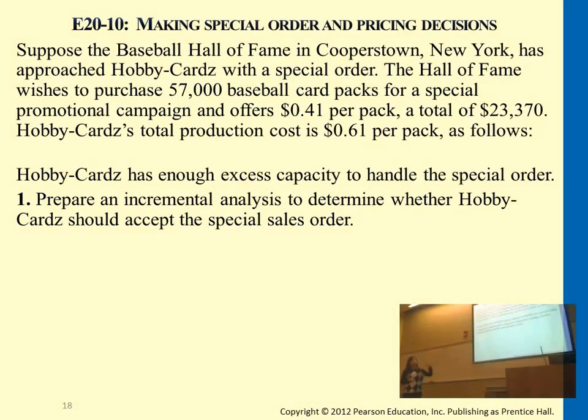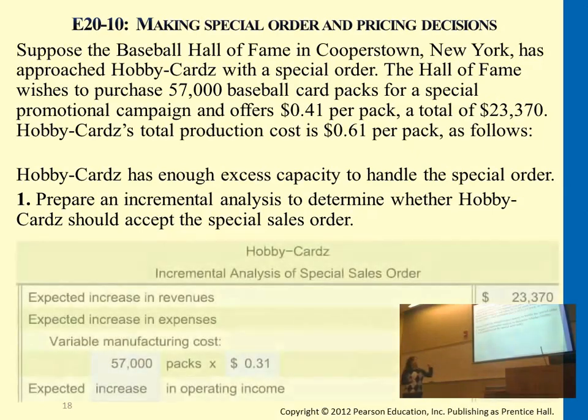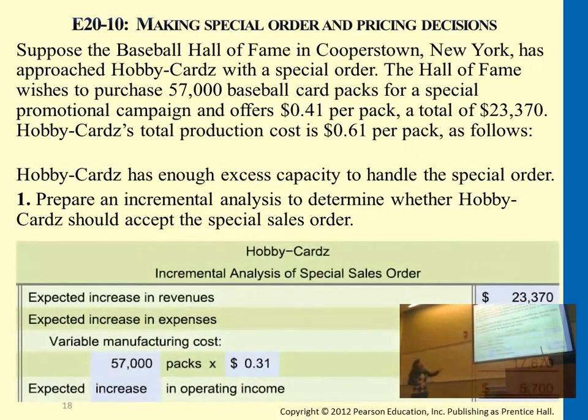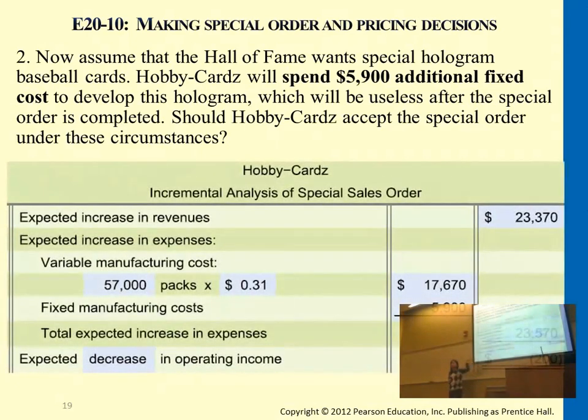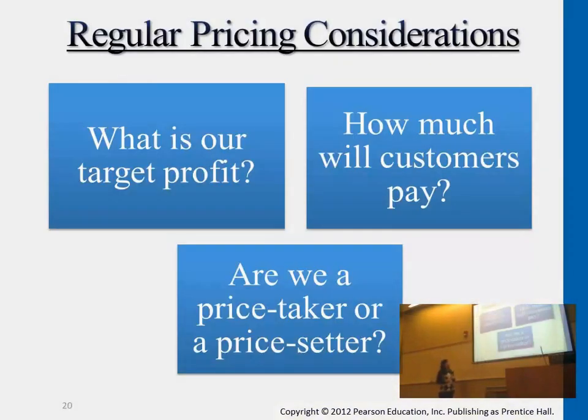So this was an example on the special order. Remember the baseball cards, just to refresh your memory a little bit. We accepted the order if the excessive revenue covers variable costs, and then we rejected it if we have additional fixed cost. After considering fixed cost together, cost exceeds revenue. So we went over this together. Remember baseball cards. Okay, so this was the first decision making on whether to accept or reject an order.